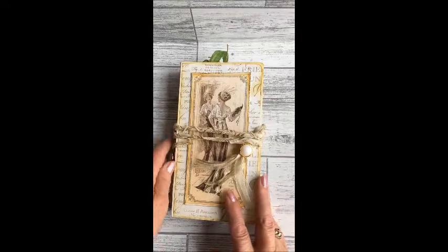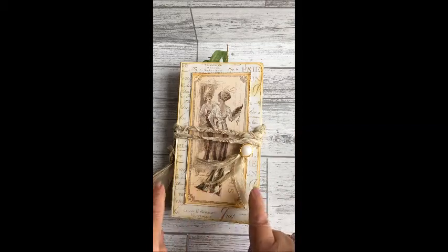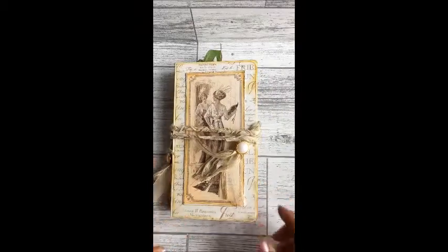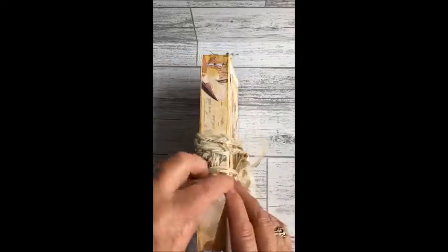It measures 8 inches by 4.5, and the spine is 1 inch, and I created this from an Eileen Hull die. I adjusted it slightly because her journal is actually 9 inches long, and I felt that 9 inches was far too big for a junk journal. I want to keep this in my handbag, so I cut it down, and all I did was realign